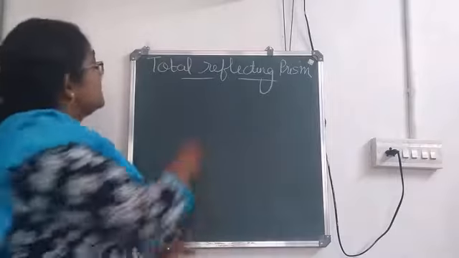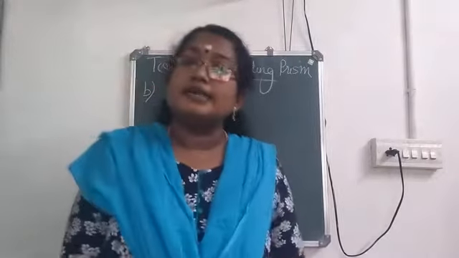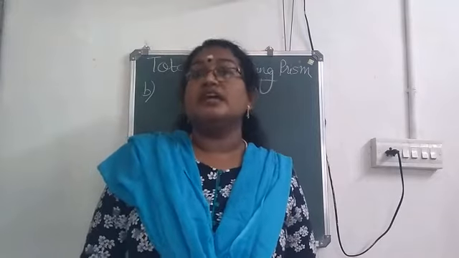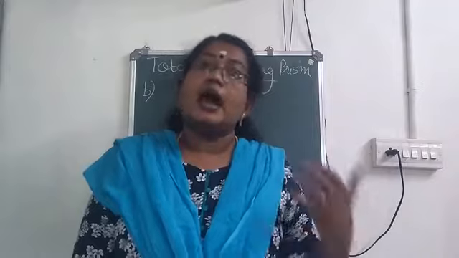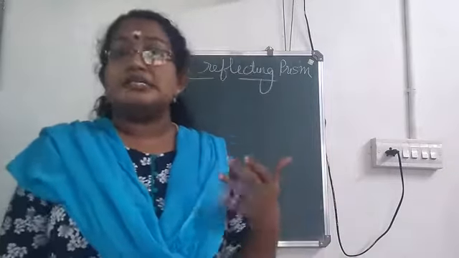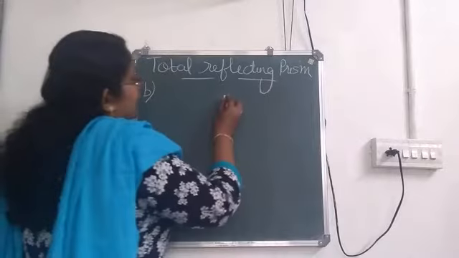Now we will move to the second one. That is to deviate a light ray by 180 degrees. Now we are going to check how a light ray can be deviated by 180 degrees. So for that,